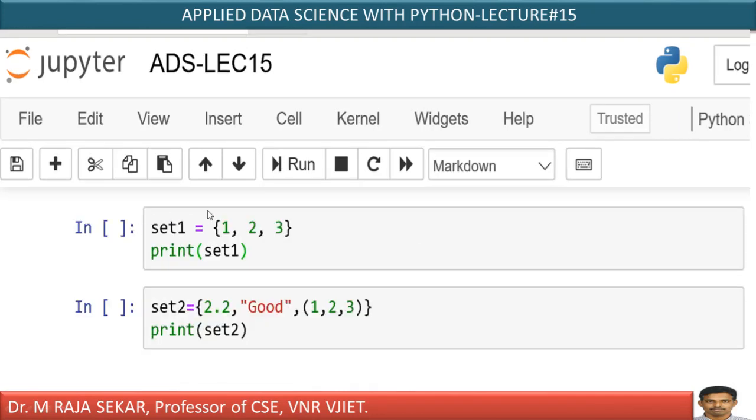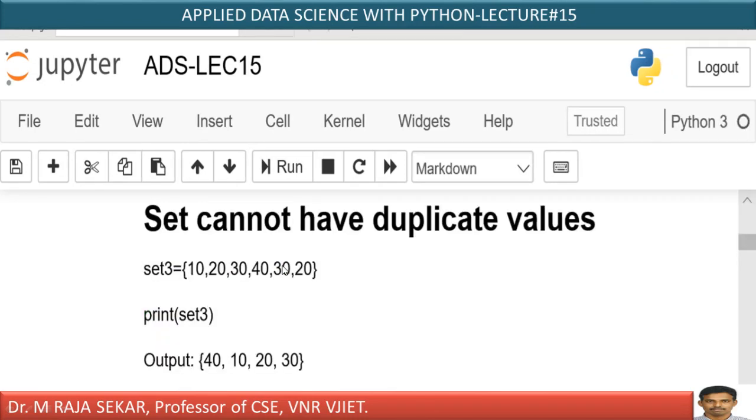This is the code which I explained just now, isn't it? 1, 2, 3, it can display. We already discussed these two things. Now set3. Print set3 means what? Here a set cannot have duplicate values. Even if you keep 10 here, do you have any 10? No. Okay, no issue.